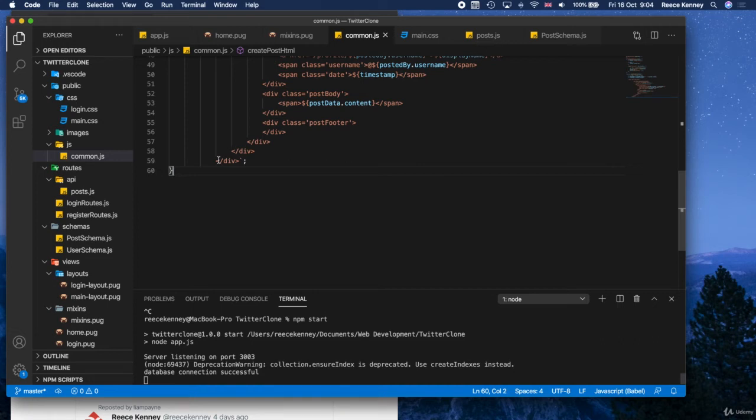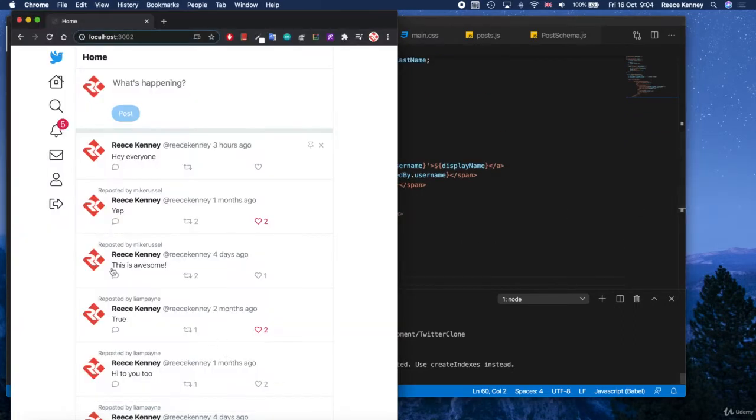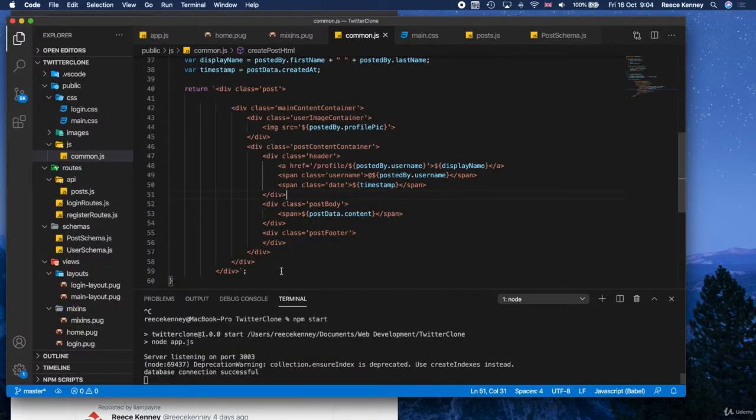So we're going to continue styling our post form now. We've pretty much styled everything we need to that we have at the moment, but we need to add the buttons. So the buttons that we have for the retweet and the reply and the liking. So we'll add those in here, but just before we do, there's one thing I forgot to do, and that's